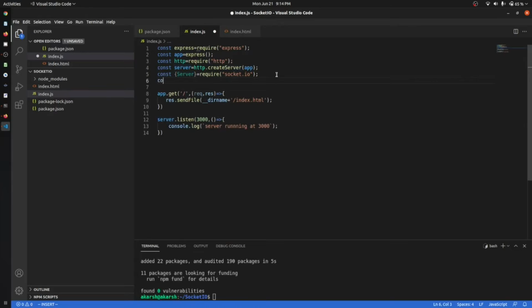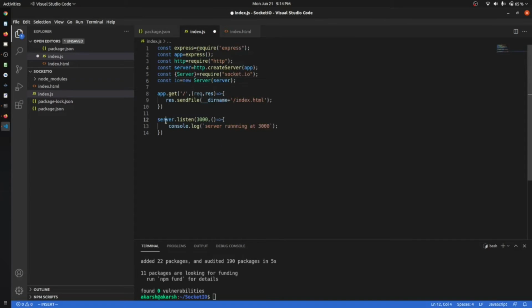Now we will use this server for our real-time communication. We will give it a name like io and say new Server, which will be associated with the server that we have started.